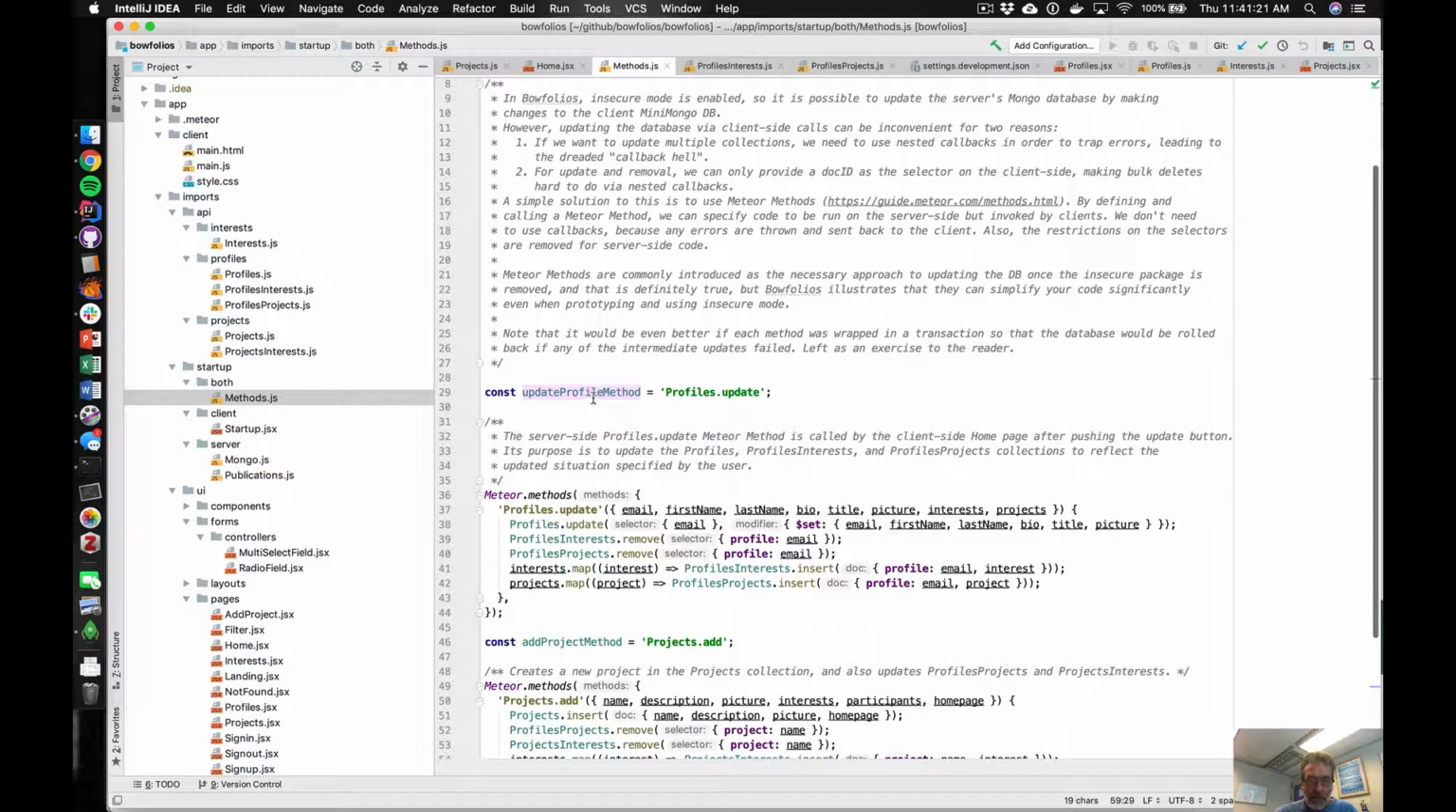Update profile method. This is what's exported to the client so that they can invoke the Meteor method with this name, and here is the Meteor method with that name. You've got this Meteor method, and inside you pass it an object, and that object starts with this crazy kind of string, which is basically the name of the remote procedure call, and then you have